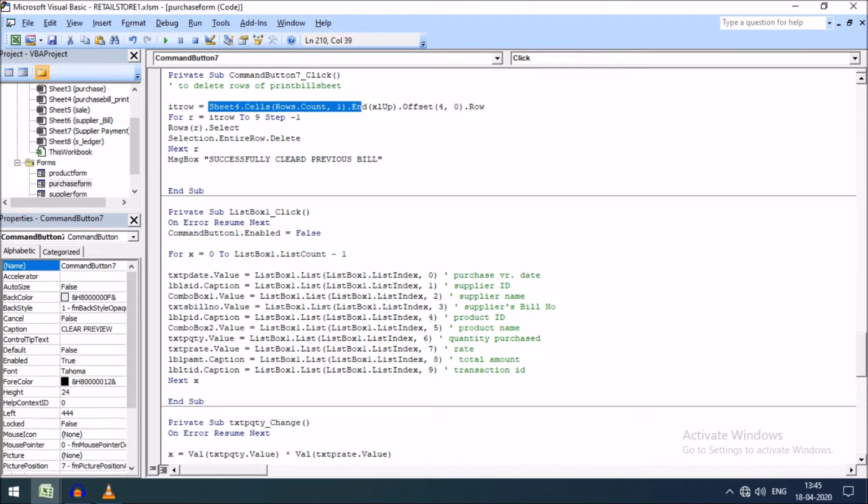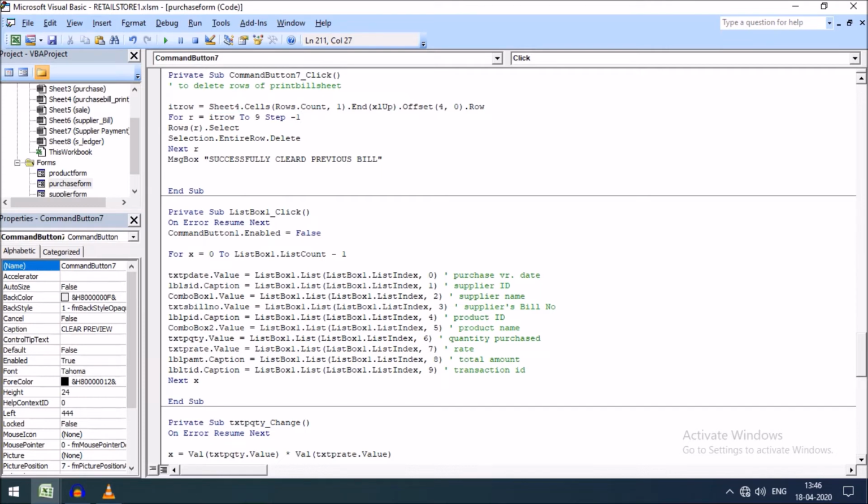So I have counted the total number of blank rows from the sheet 4, and I have taken it offset 4 because there is one for dash, that is closing, and again I moved plus 2, I showed you a little earlier. That means it will sum the value of the total amount. So I have given 4 rows, I want to go up to 4 rows further from the blank row of the sheet 4. Therefore I given 4.